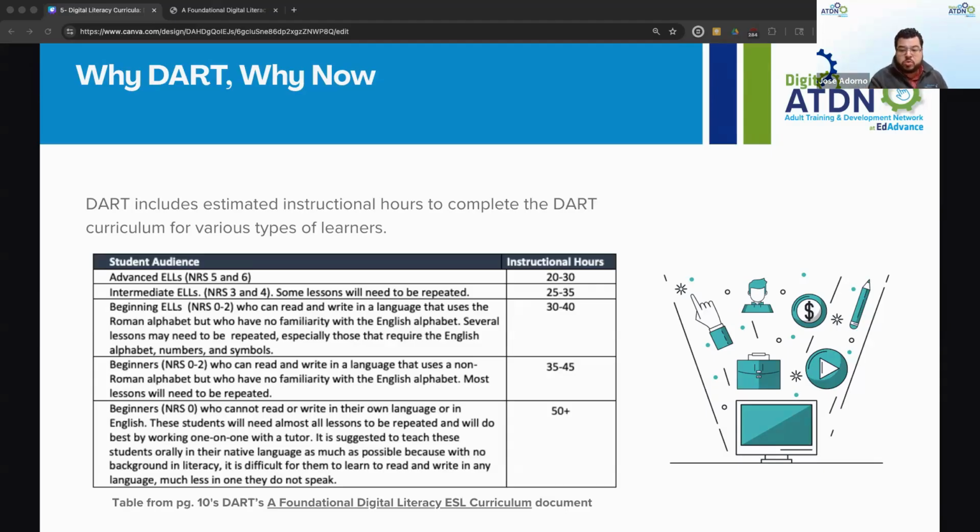Then you have 0 to 2, which is 35 to 45. You have your beginner English language learners, which are still not able to work with North Star, which is 30 to 40. And then you start to see your intermediate English language levels. That's when you start to be able to kind of bridge into North Star, and then you're advanced.